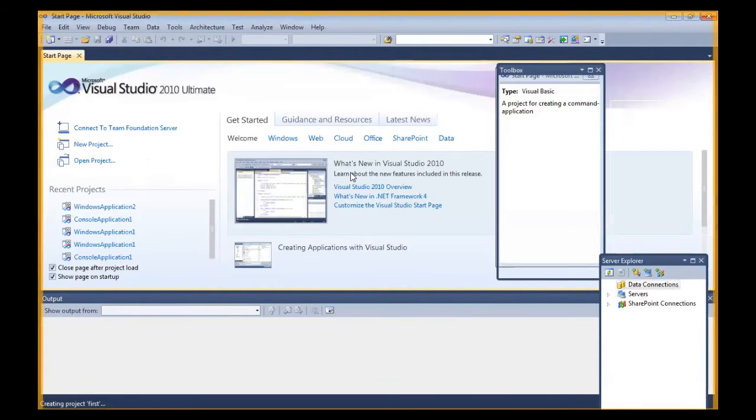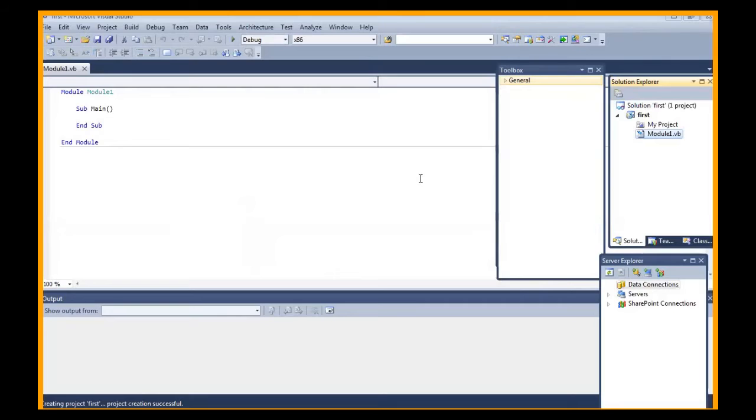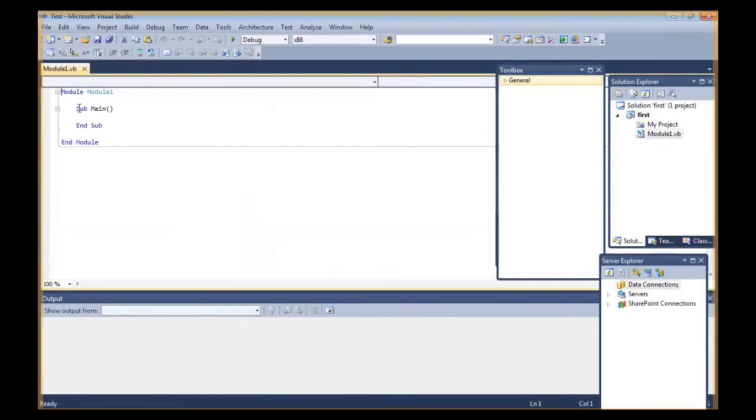It will take some time. This is the interface. The interface which we are creating with the console application has a default module.